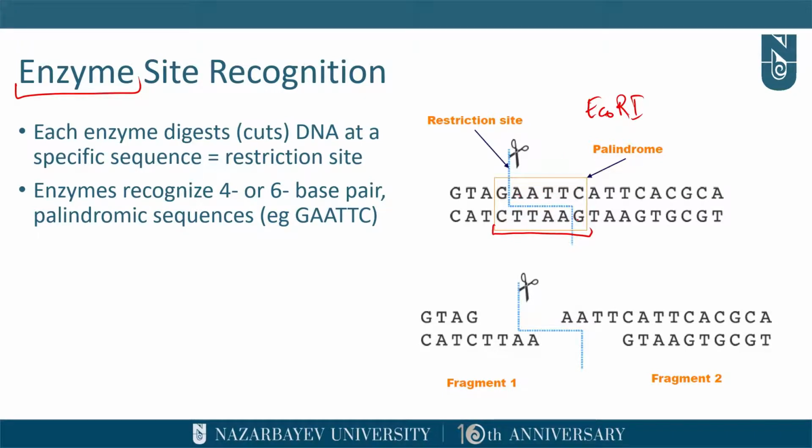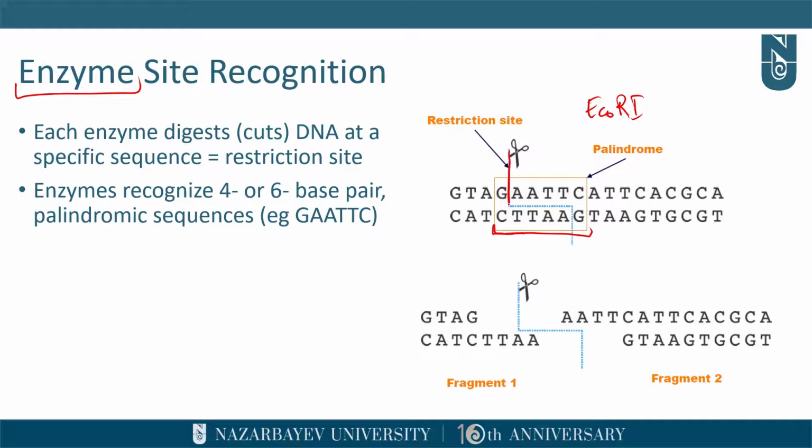And if you look at the complementary strand, you will see that it is actually the palindromic sequence, so it goes GAATTC. So in this case we will have the so-called palindrome, and it is repeated palindrome, and the enzyme will